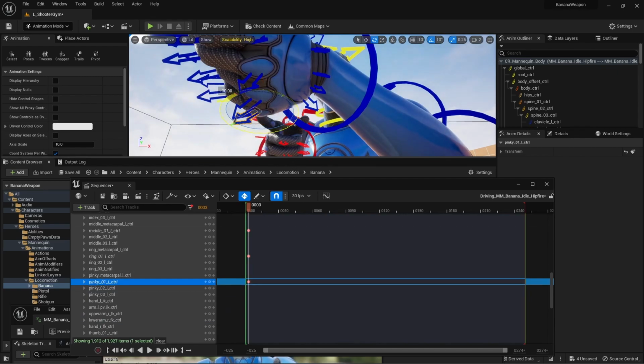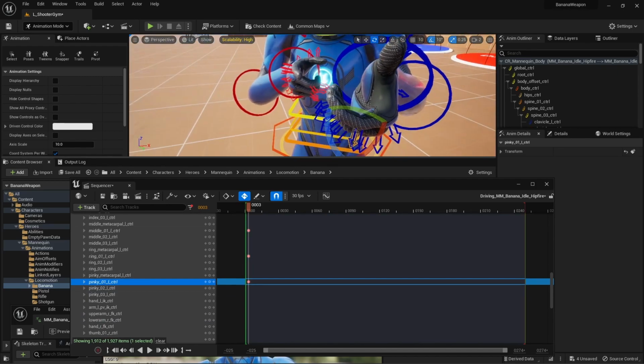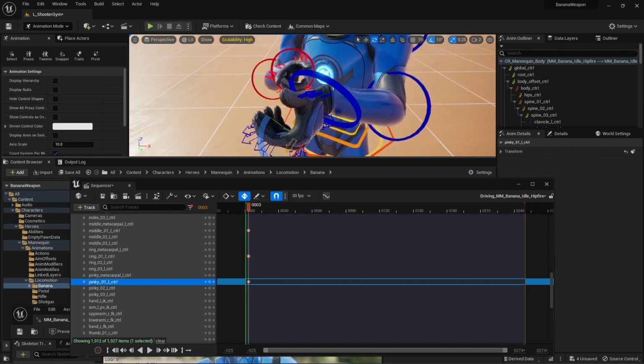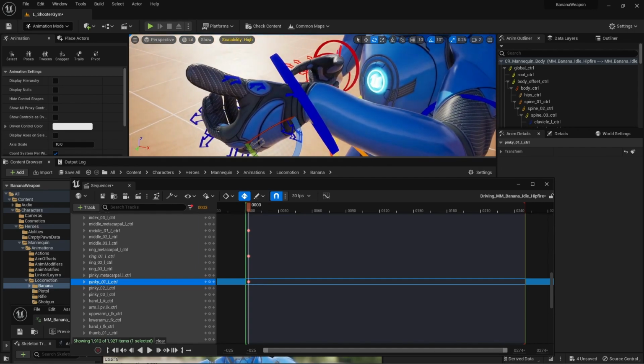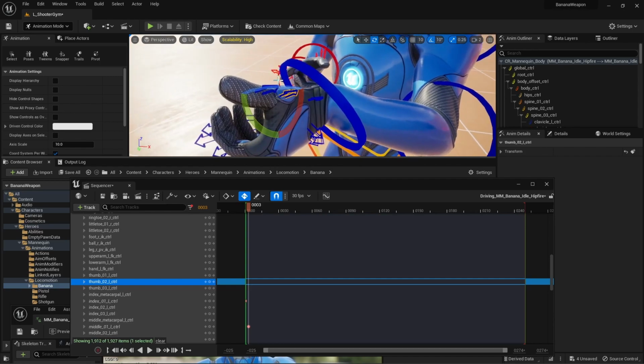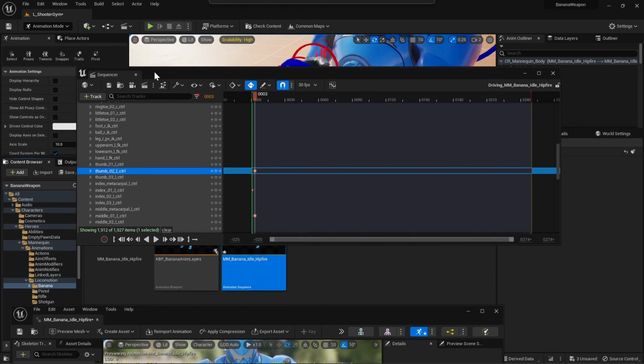Key, rotate. Okay, so, oh, and then our thumb. Let's just pull it a little bit backwards and rotate back. Okay, and then let's save